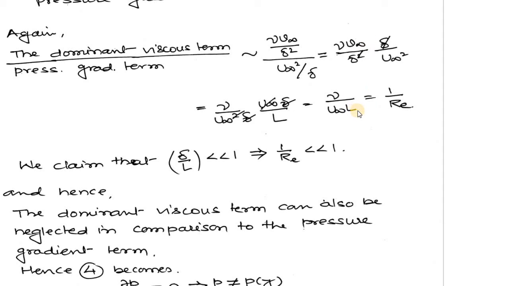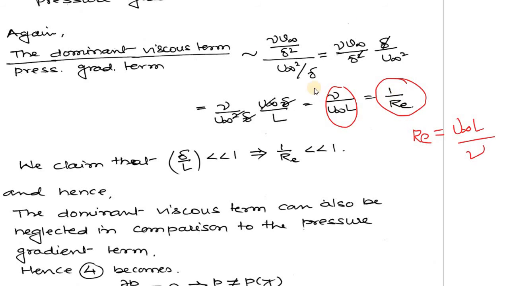By using the value of v infinity, we get this. And if you want to write it down, this can be written as 1 by Reynolds number. What is Reynolds number? Reynolds number is defined as u infinity L by nu. So this is the reciprocal of the Reynolds number. Okay. Now,